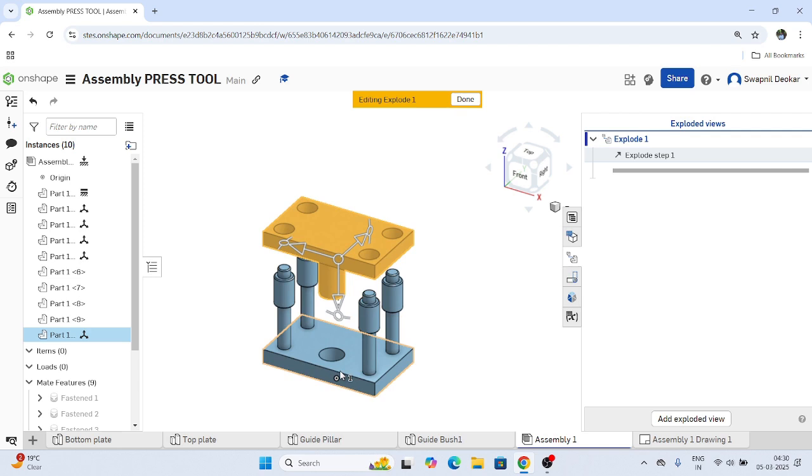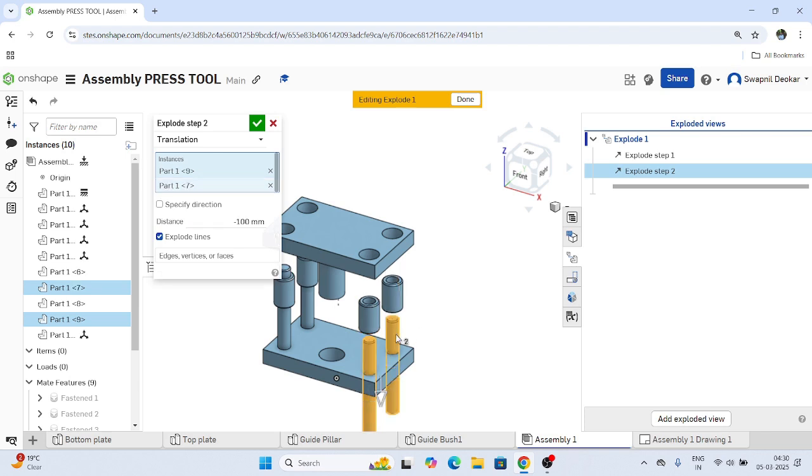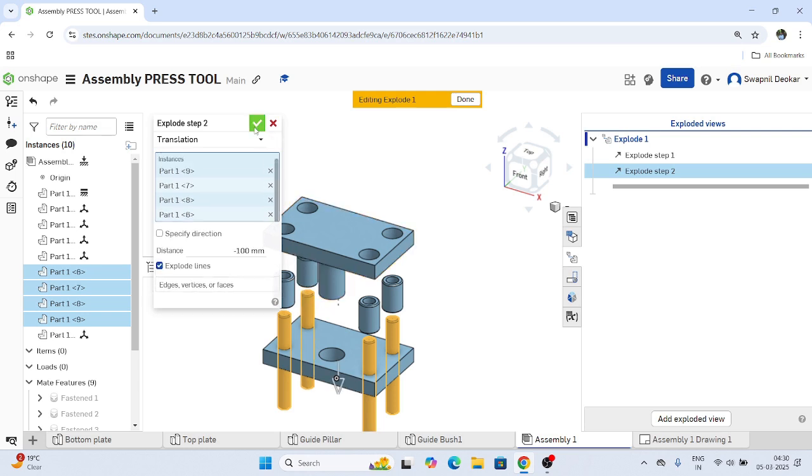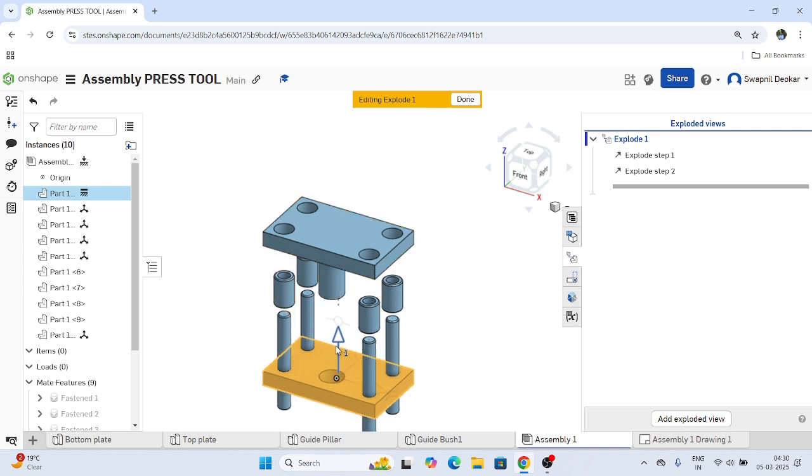Next, I want it to be moved down, minus 100. Similarly this, similarly this, similarly this. Okay, next I want this plate to be moved down, so I will say move down